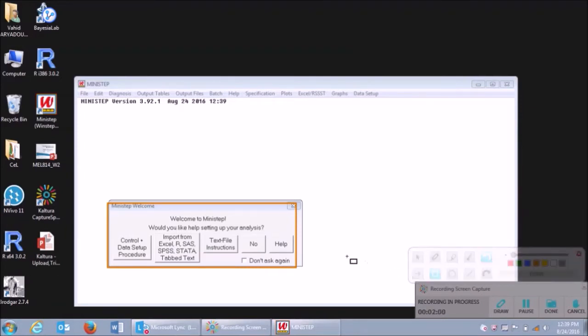But for this demonstration, what I'm going to choose is basically no. Why am I going to choose no? Because I'm going to use an already available file. If you have not created your input file yet, you can choose this option here, which in the next video I'm going to show how to use. So let us assume that you already have a file and you want to use it for the purpose of analysis. So what do we do? We just click on no,